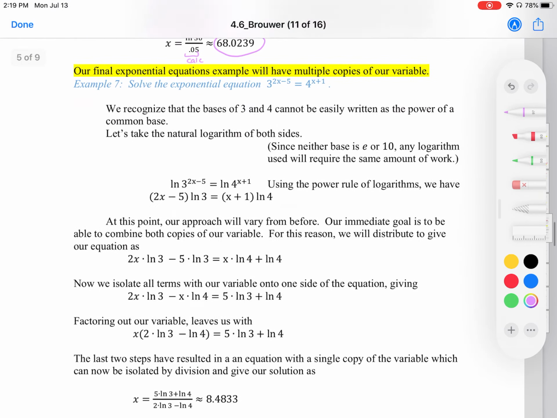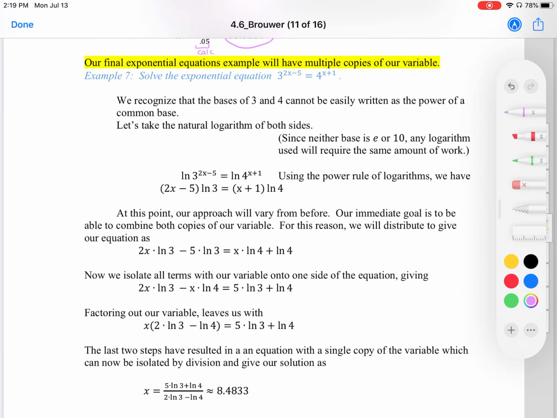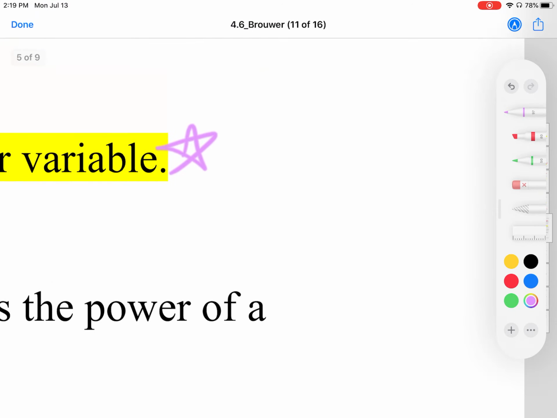All right, another example. Our final exponential equation example will have multiple copies of our variable. That makes it kind of difficult. So let's take a moment to do a problem. What if we had 3x plus 1 equals 6x minus 4? How would you do such a problem? Wouldn't you